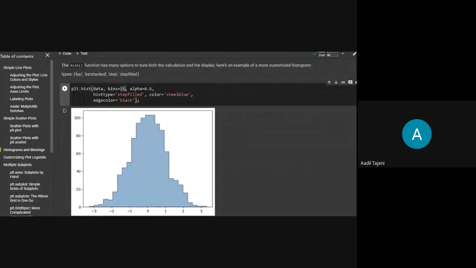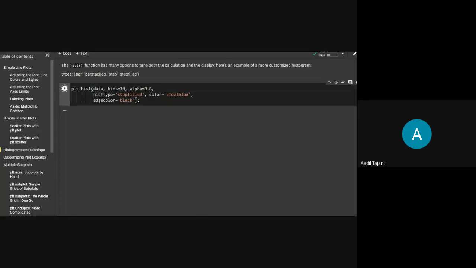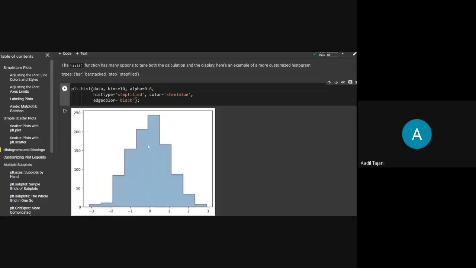But as you can see here, I've passed the value 25 in bins. So what it has done is it has divided my whole data from -3 to 3 into 25 ranges. As you can see here, there will be 25 steps in the histogram. If I mention it as just 10, and if I run it, as you can see here, the number of steps has reduced because it has divided my data into 10 bins. So if you mention 30, you mention more, then as you can see here, the steps will be increased.